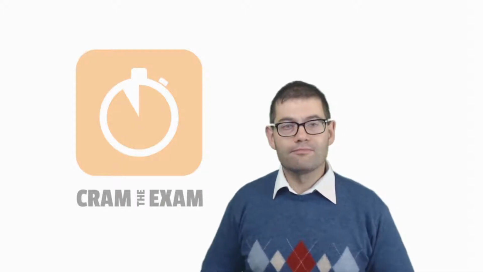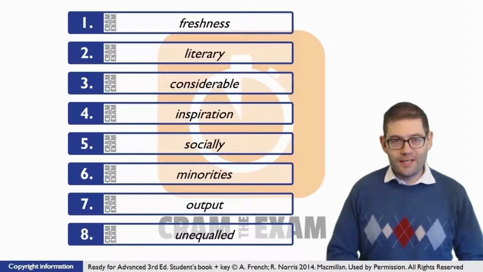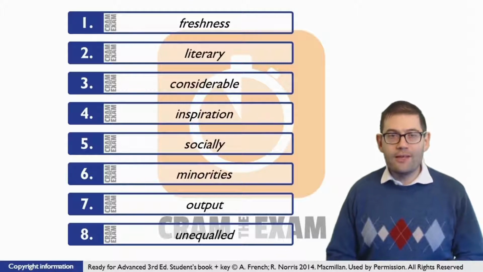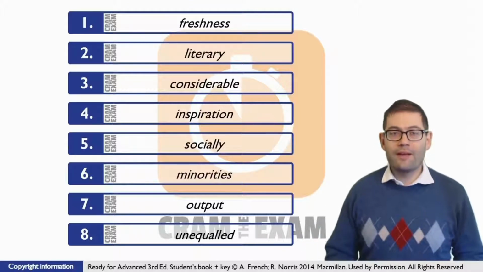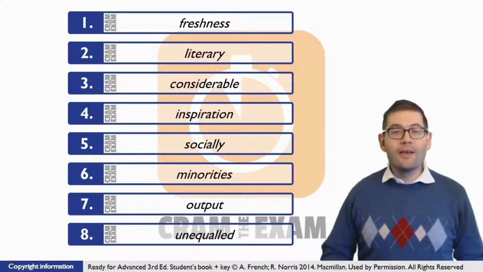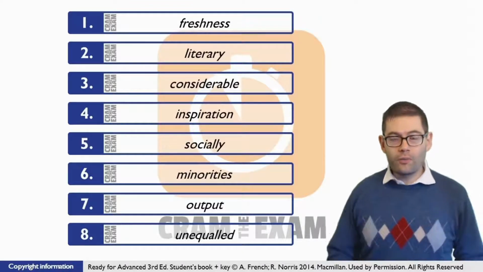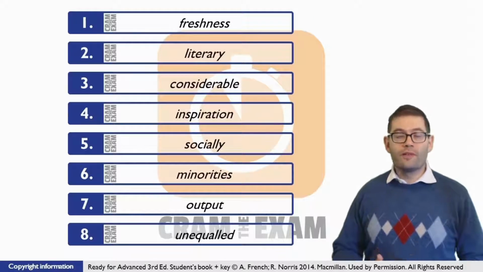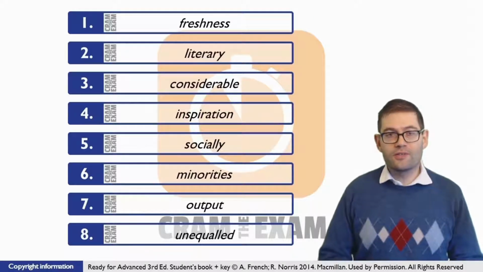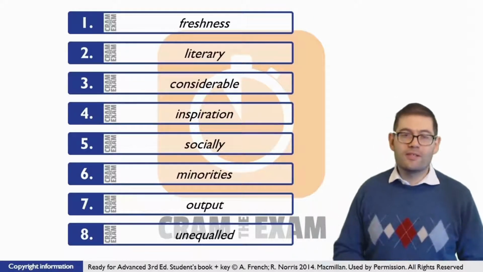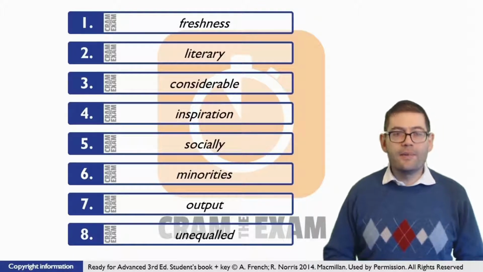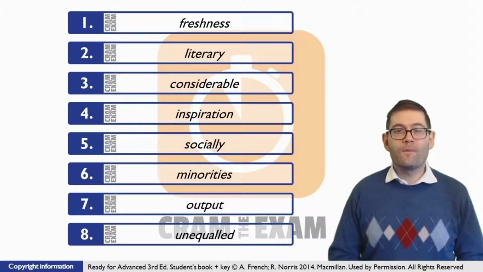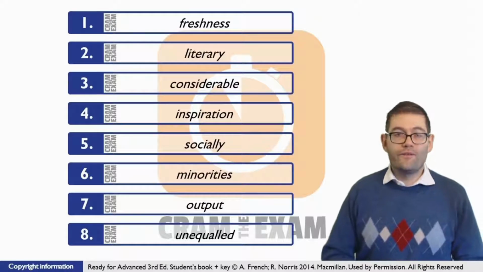Then let's go. For question number 1, there's two things here that will point to the fact that you need a noun. First of all, we've got a relative pronoun before the gap which refers to possession, and we have to identify possession of what? This is going to be a noun. And also, after the gap, we've got an "of" structure, and with these word formation questions, very often, in fact nearly all of the time, when you've got an "of" after the gap, you're going to need a noun of some kind. What's the noun that we need here? Freshness.